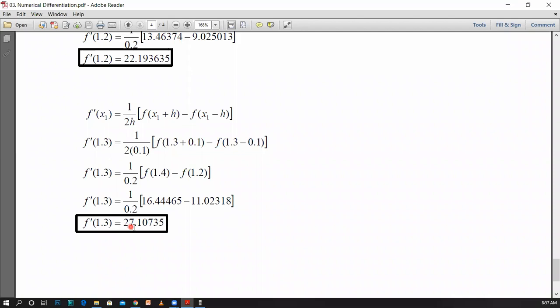Therefore, this is how we are using the numerical differentiation techniques without using the techniques of derivatives. We are using the fundamental concept only. Thereafter, we are using the approximation techniques to obtain the derivative for a given function.